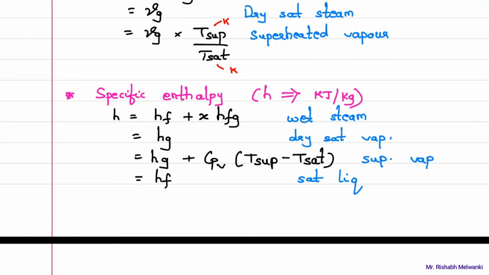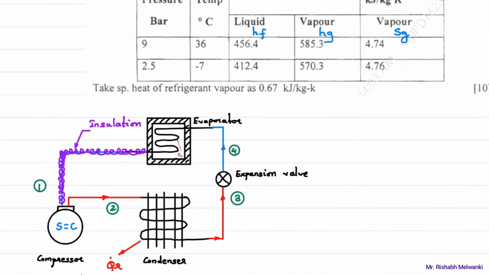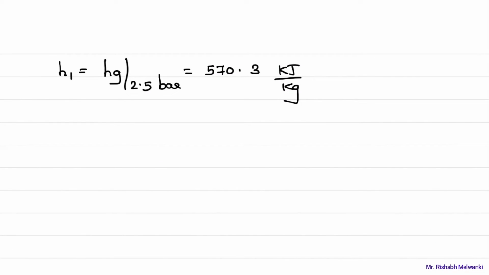So I'll write down this equation. Okay, so what is H2? H2 is Hg plus Cpv